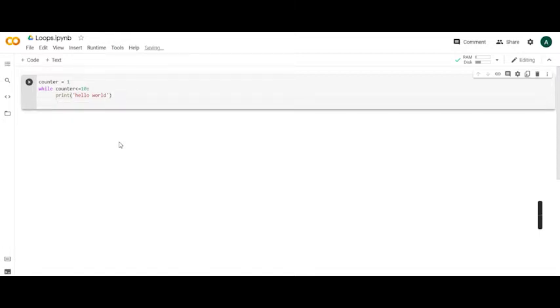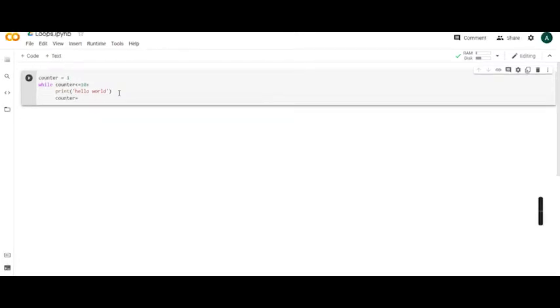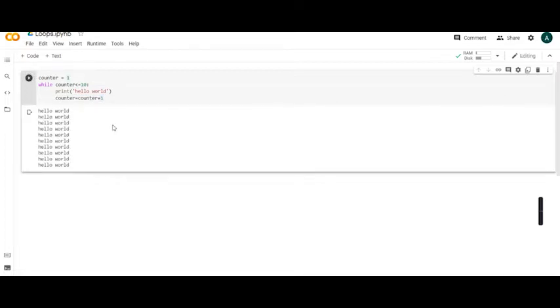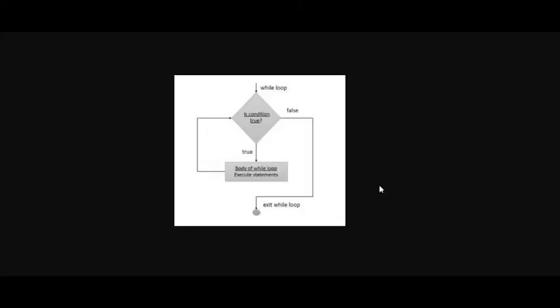And here we have to increment the counter also. So we write counter is equals to counter plus 1. Then we execute our code. Here you see hello world is printed 10 times.